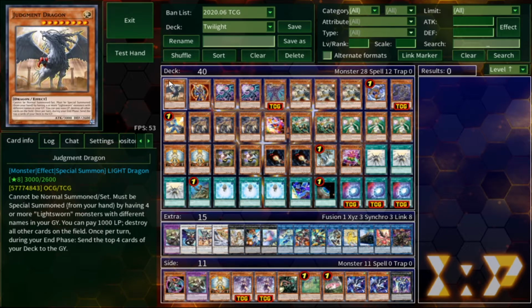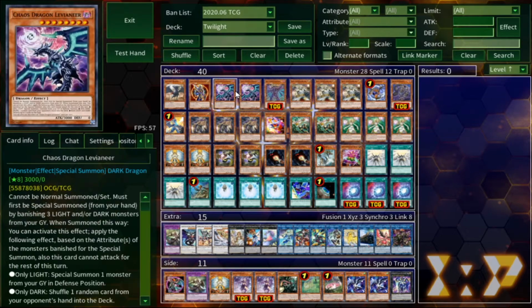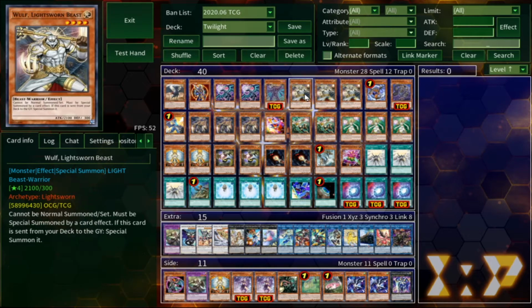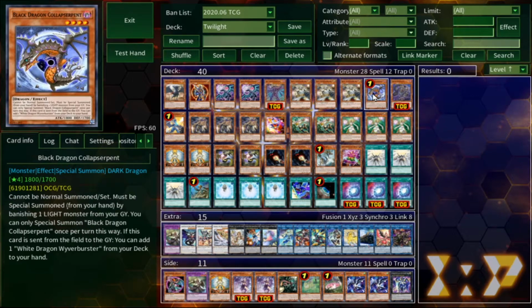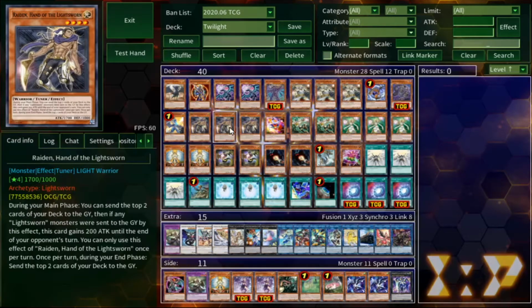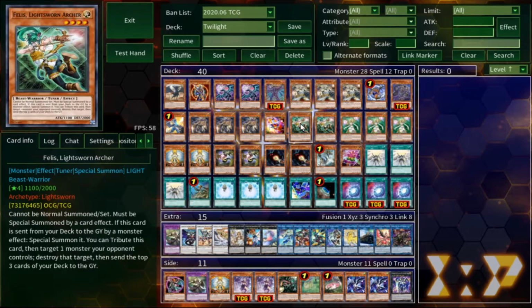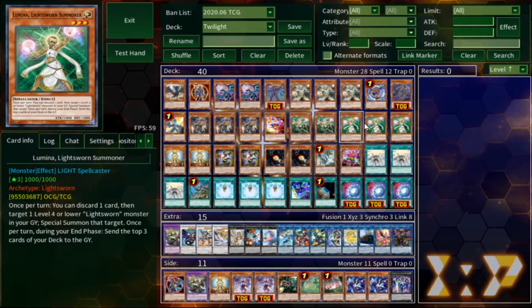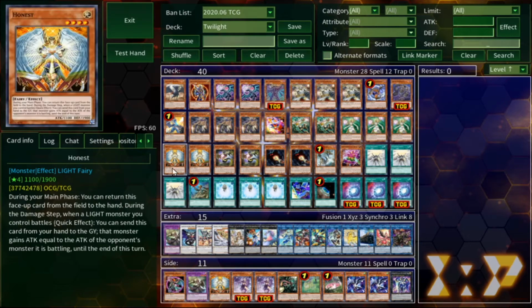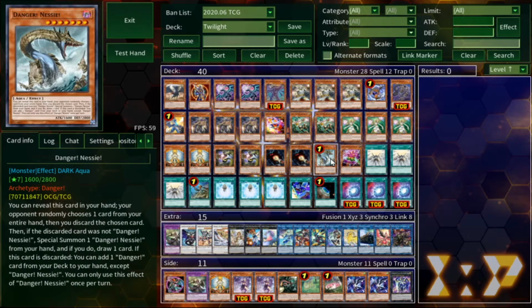Monster lineup, we have one Judgmental Dragon, one Blackluster Soldier Envoy of the Beginning, two Chaos Dragon Levianeer, one Chaos Creator, three Wolf, the Lightsworn Beastie Boy, Black Dragon Colette Serpent, Chaos Daedalus, White Dragon Wyverbuster, triple Raiden, the Hand of the Lightsworn, one Perform Age Trick Clown, two Fearless, the Lightsworn Archer, three Lumina, the Lightsworn Summoner, two Honest, two Starlight Savory, two Danger Mothman,